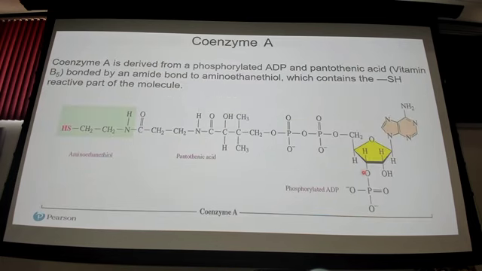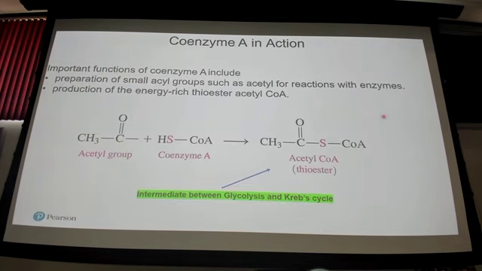They're energy reservoirs. So we have another coenzyme, a derivative of vitamin B5, pantothenic acid, and this is coenzyme A. We know that this thiol group is the reactive group of this molecule. You don't need to know the structure. It's a big structure. But the take-home message for this is that